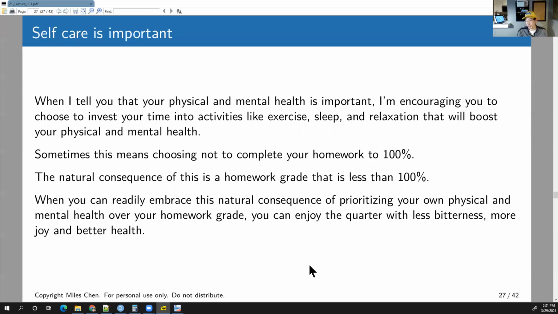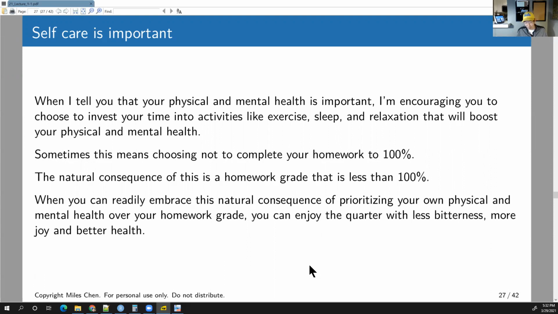And sometimes this means not staying up to finish your homework. I want to give you permission and tell you it's okay if you choose not to finish your homework and choose to get sleep instead. The natural consequence of that is that you're not going to get 100% of your homework. If you don't finish your homework, you're going to lose points on the parts that you didn't finish. And that's just a natural consequence, but I want to say it's okay. I want you to be okay with turning in a homework assignment that's maybe only 70% done,